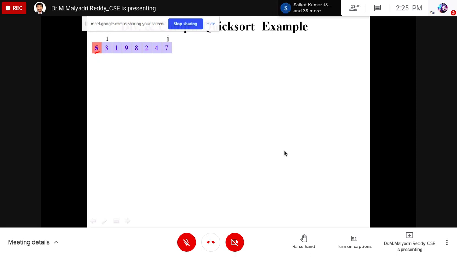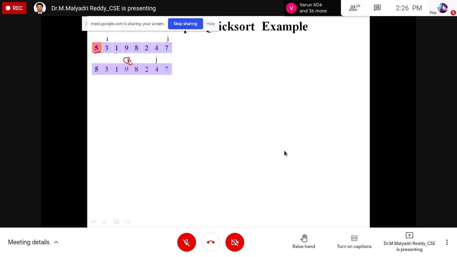First the pivot element is compared with 3. According to the rule, 3 is smaller than 5, so the condition is true. Next, 1 is compared with 5. 1 is smaller than the pivot element. Coming to the next element, this is true. When i goes to the 9, the condition fails. Why? Because the ith value always is less than the pivot element, but 9 is greater than the pivot element.